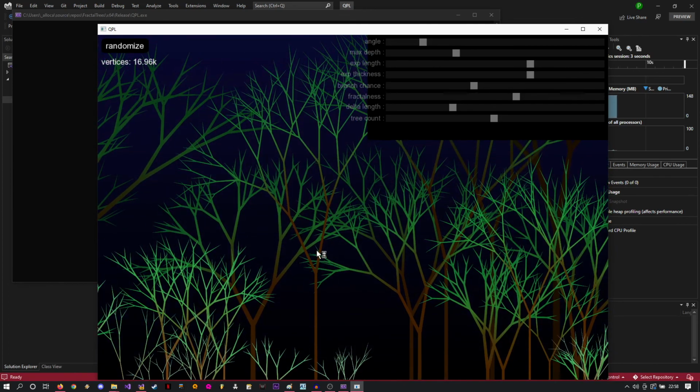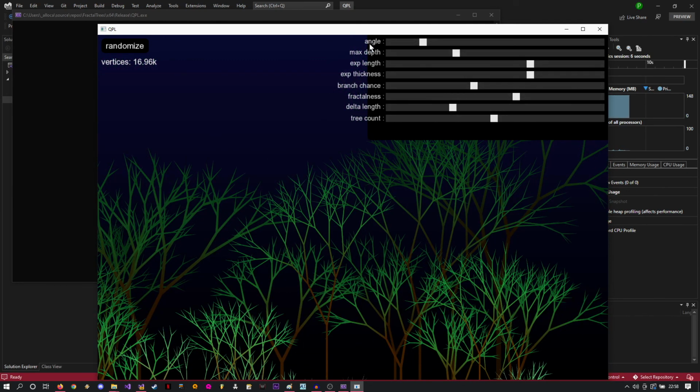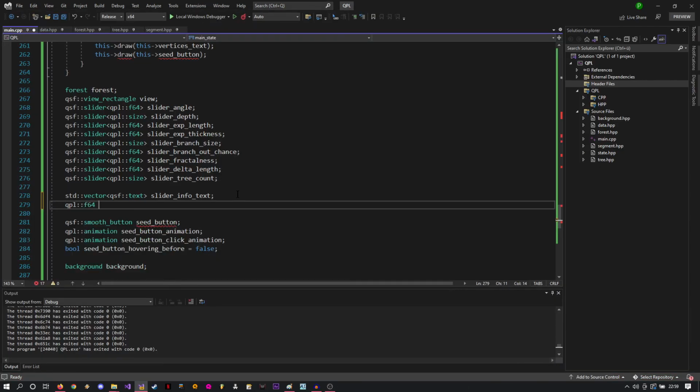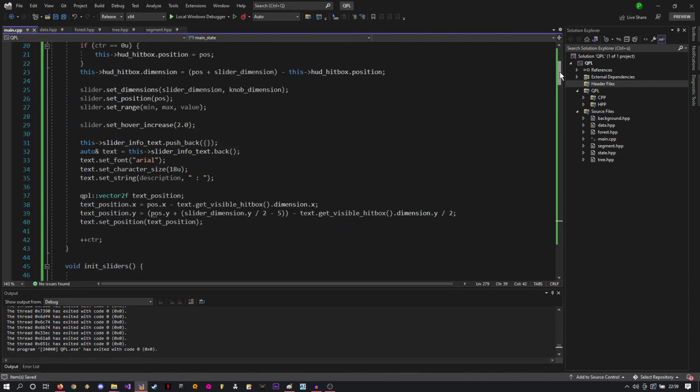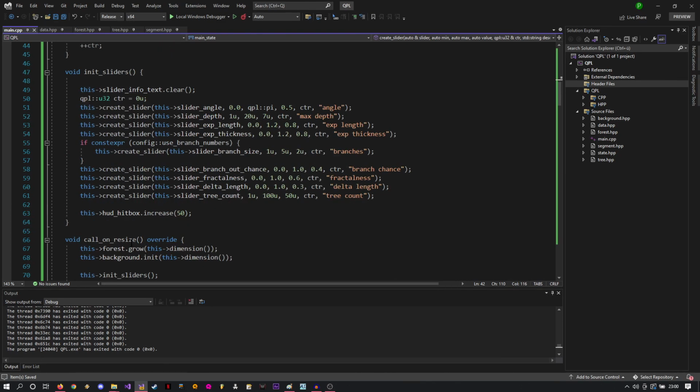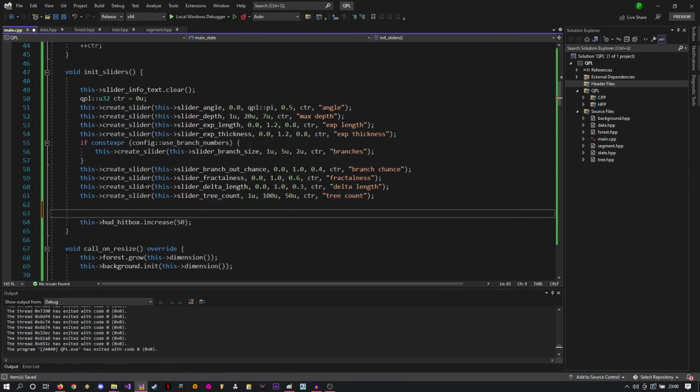Oh yeah, there's the background. I mean, I guess now it's the time to include this text here finally. I guess let's just add a max slider text width, and then we can change the background hitbox according to that. So inside here, this will be the maximum value of itself, or text get visible hitbox dimension X. And after we are done here,